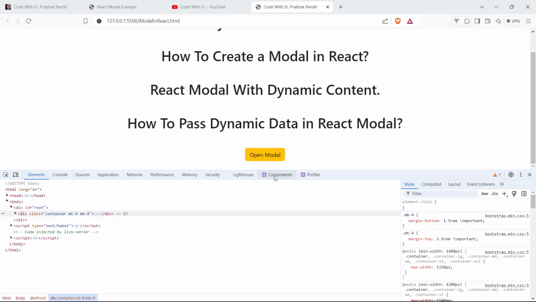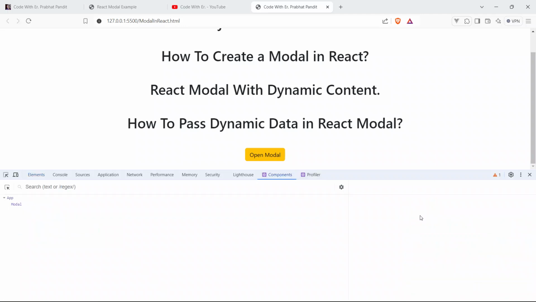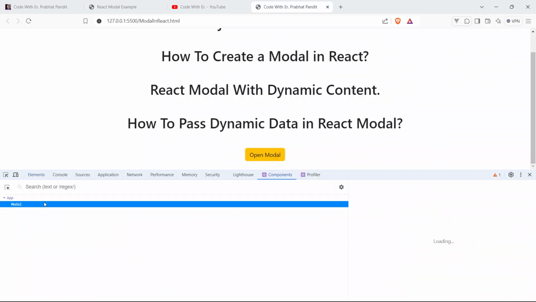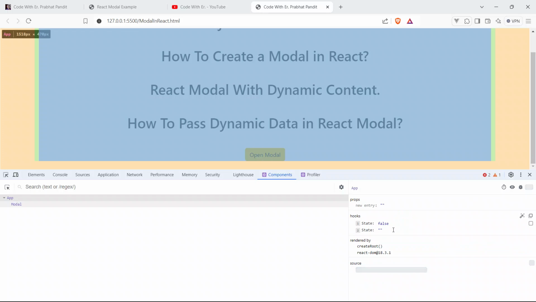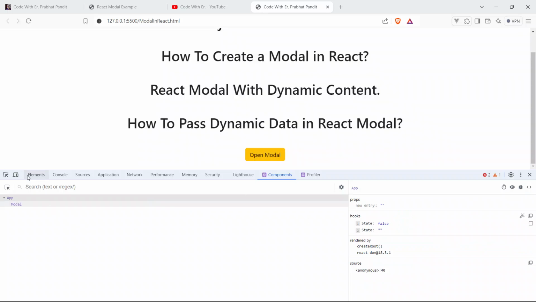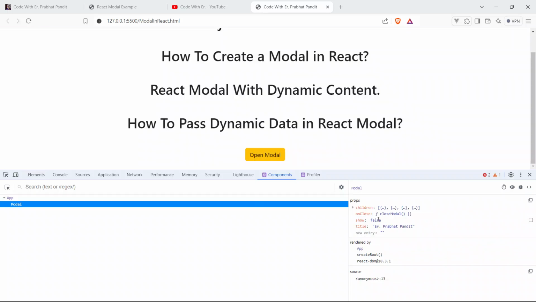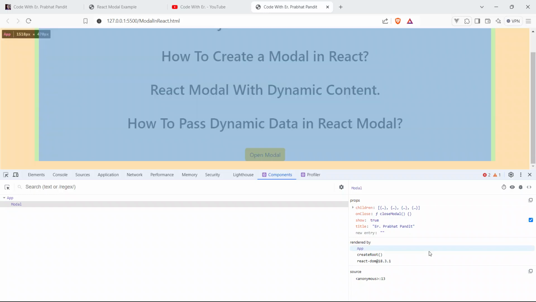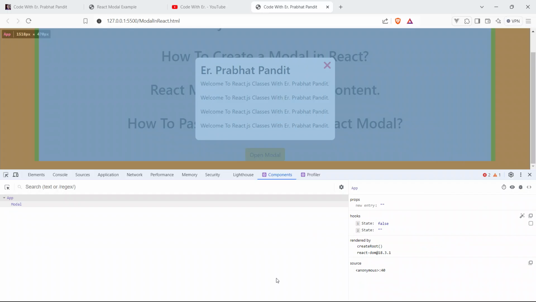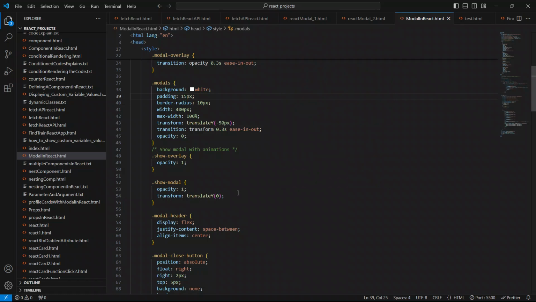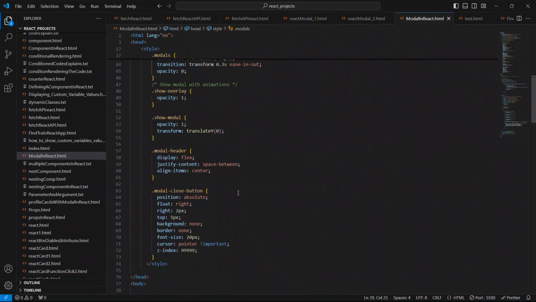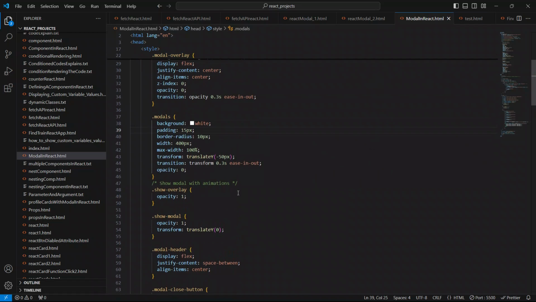Close it. So go to the component, and go to the modal component, and make it false. What? Make it true. Make it true. So it's here, and we have to